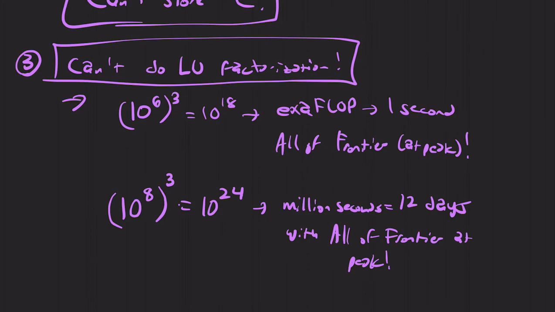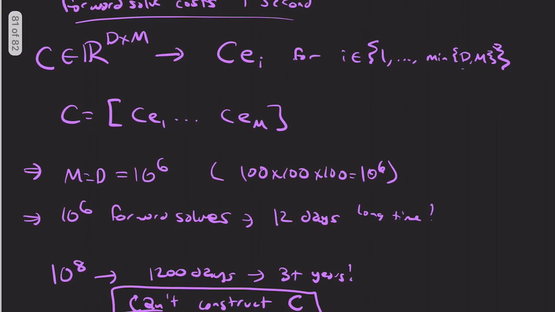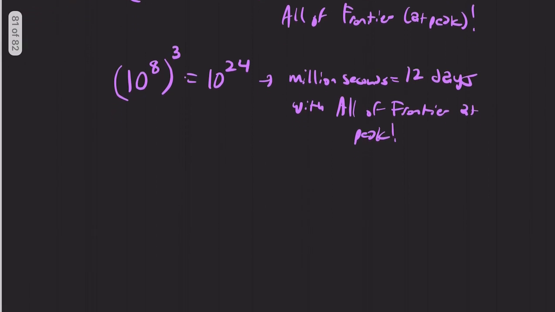That's assuming you take this multi-million-dollar supercomputer and it's at peak the whole time. It's still going to take 12 days to factor it, and that's after we waited 3 years to actually construct it. So the point is, an iterative solver